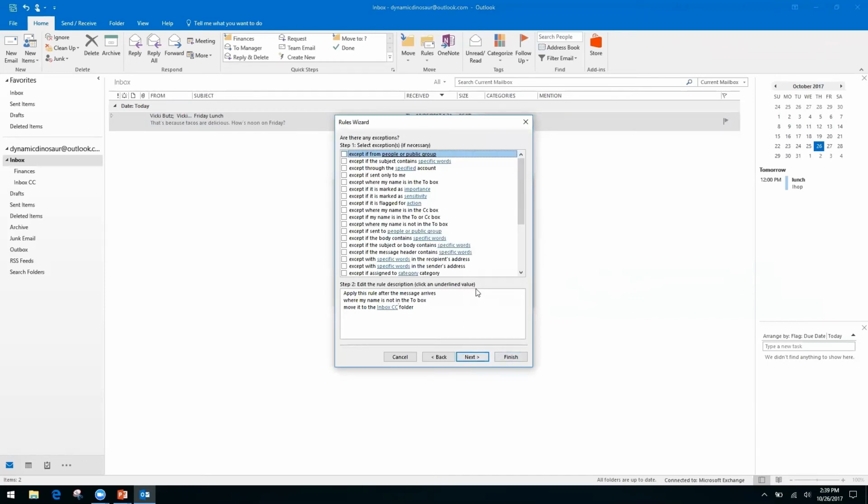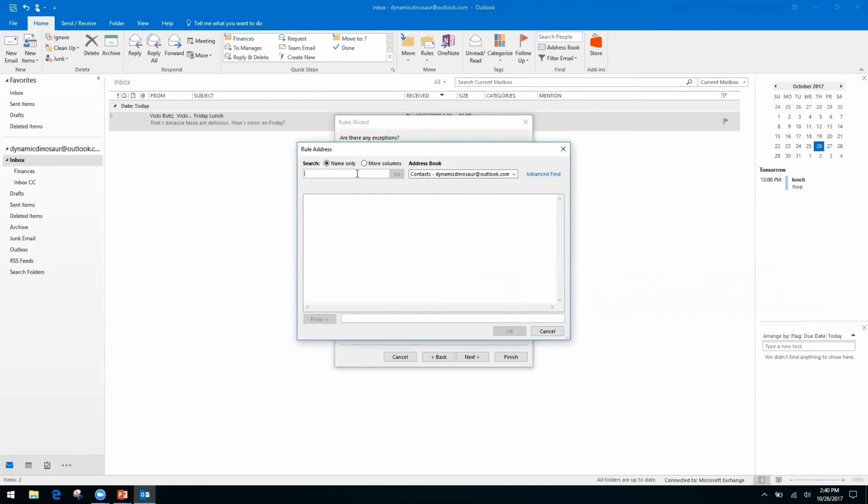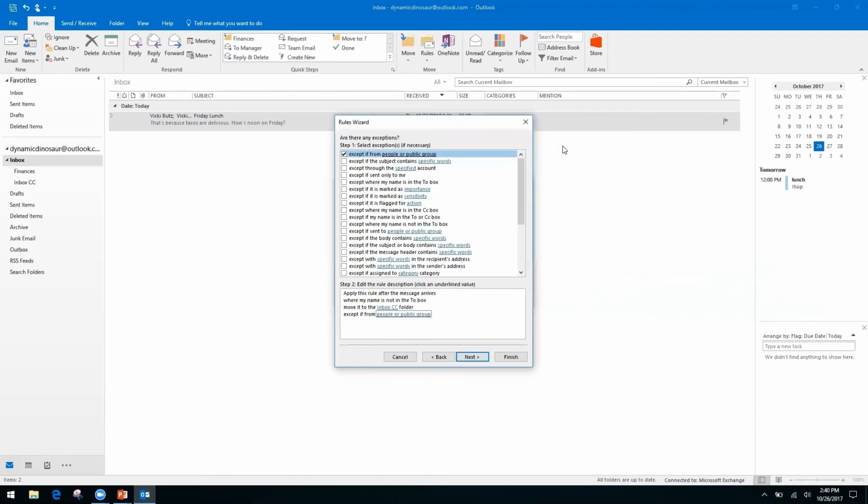Or if you want to make exceptions, let's say that you know that there's somebody specific on your team that CCs you on a lot of things, but it is things that you want to see. You can select this box up at the top, come down here and click on that blue link again. You can specify specific people. You can pick them from your address book if you choose. All right, but we are going to just go on and